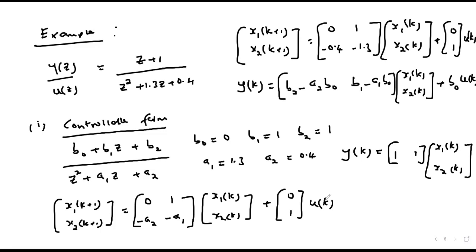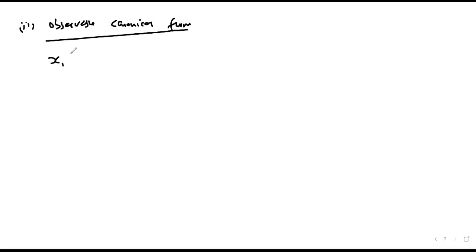And that is the state equation and the output equation in controllable canonical form. The second method is the representation in observable canonical form. So our system's state space representation can be written as x1 of k plus 1,